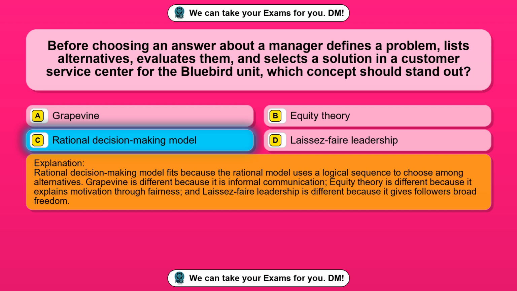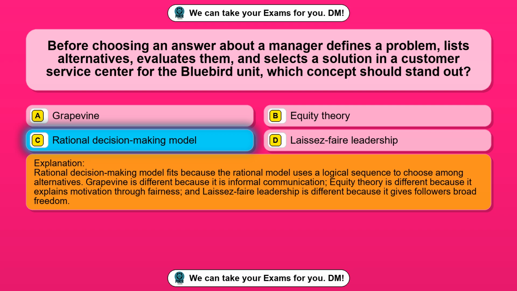Rational decision-making model fits because the rational model uses a logical sequence to choose among alternatives. Grapevine is different because it is informal communication. Equity theory is different because it explains motivation through fairness, and laissez-faire leadership is different because it gives followers broad